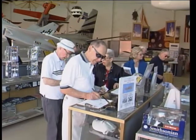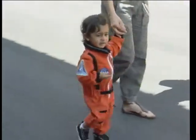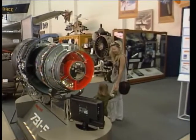The museum attracts all kinds of visitors, including some of our country's war vets. During the war, World War II, I was in the 48th Fighter Squadron, 14th Fighter Group, 15th Air Force, flying out of Italy. I served World War II, but I didn't see any combat in World War II. But in Korea, I was assigned to the 80th Fighter Bomber Squadron at Suwon, South Korea, and flew 125 missions